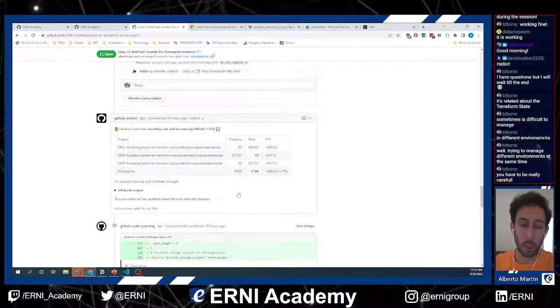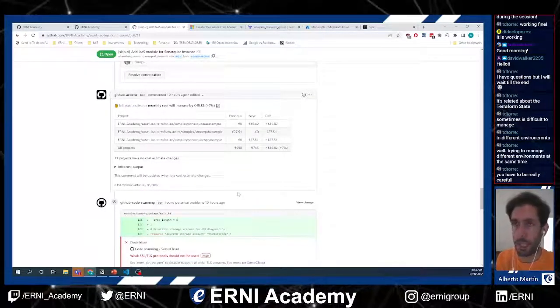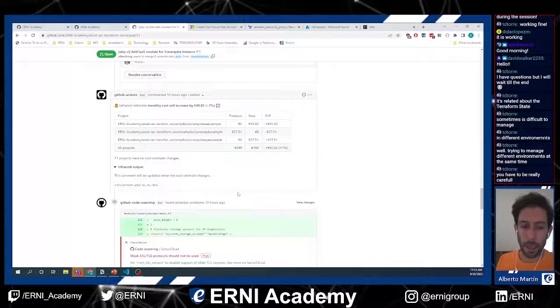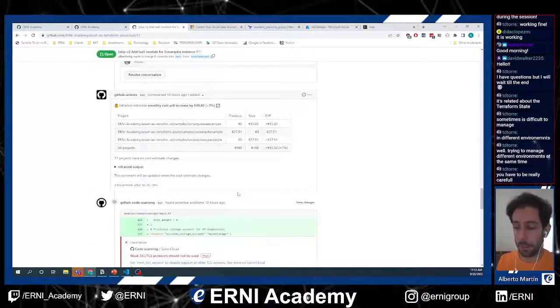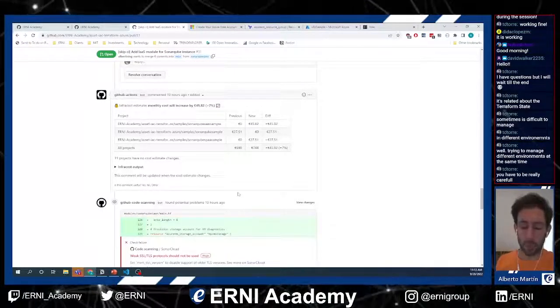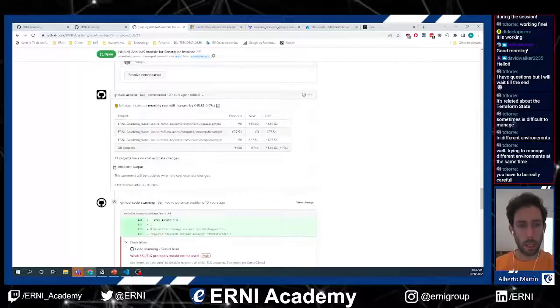Okay, so this is pretty handy also if you have a Kubernetes cluster, for example, not so much for pay-as-you-go services like app services or functions, because this will not be monitored, but at least for the static pricing, it will be